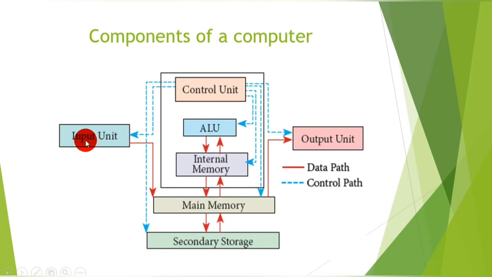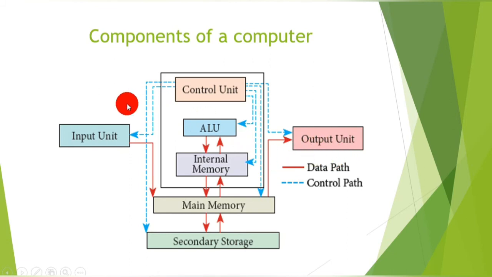Once you feed data through the input unit, it is stored in the memory unit. At the time of processing, the data is taken from the memory unit and processed in the CPU. After the processing is over, the data is sent again to the main memory, and then transferred to the output unit. Through the output unit you can see the output. We know what output devices are used in your computer: monitor, speaker, printer. These are all the output units attached to your computer.